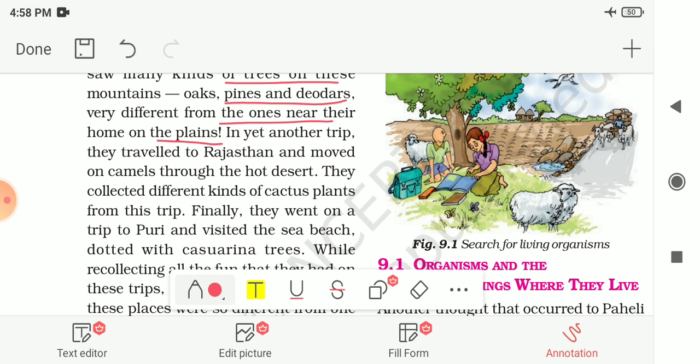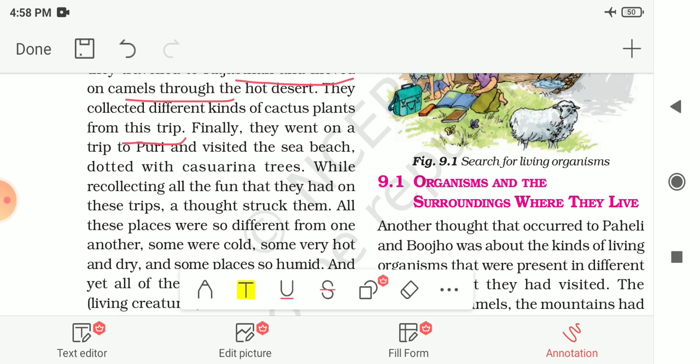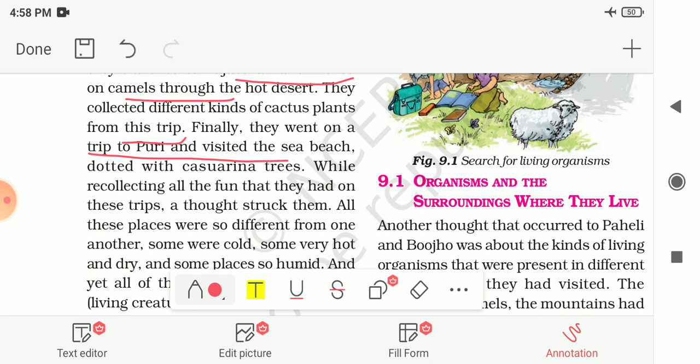In yet another trip, they traveled to Rajasthan and moved on camels through the hot desert. On this trip to Rajasthan they collected different kinds of cactus plants. And finally, they went on a trip to Puri, where they visited the sea beach